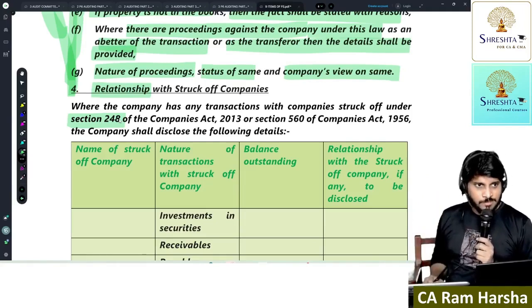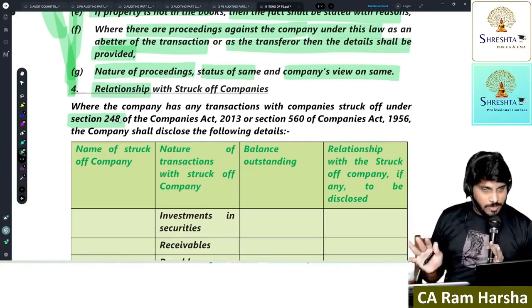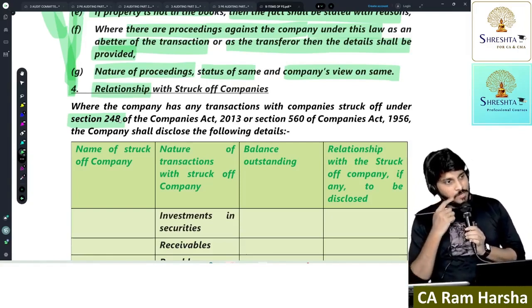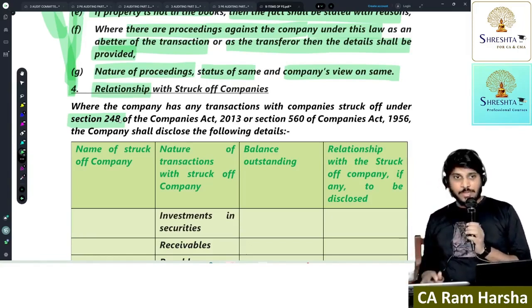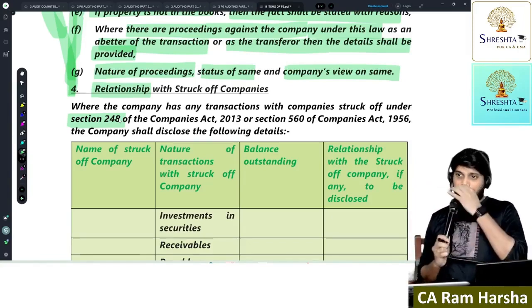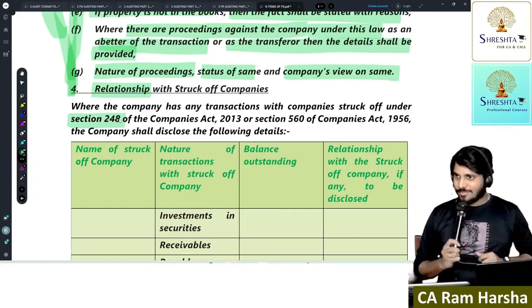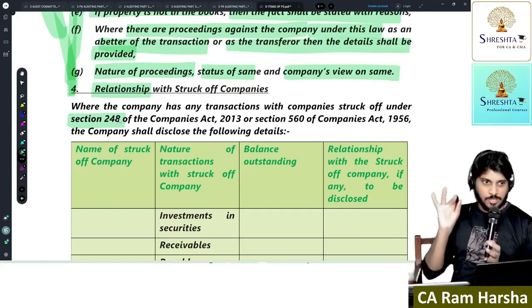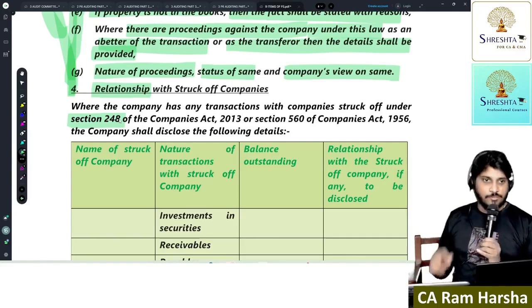What does strike off mean? Once the company name has been struck off, it cannot do business. It is indirectly a prohibition on the company to do further business. Correct? Winding up means shutting down the company. If a company name is struck off, the auditor cannot again remove the strike. No, it is not the strike off of opening the register of members. Strike off means they put a full stop to the company's operations. That's what strike off means.